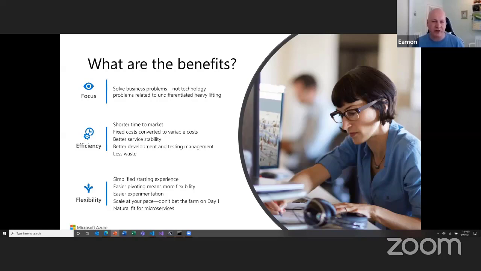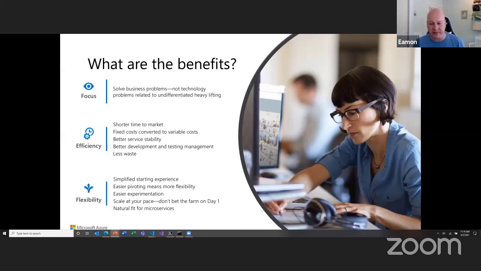And so the developer not just spent time trying to solve the business problem, but they also spent a lot of time trying to understand how the application was going to be managed and run by their operations teams or themselves. And then the other key benefit is efficiency. Because you're only focused on the business logic, you can get your applications out a lot faster. And so you reduce that overall timeline when you're trying to build applications, because now you can take advantage of these PaaS services and let the infrastructure be managed by Azure.